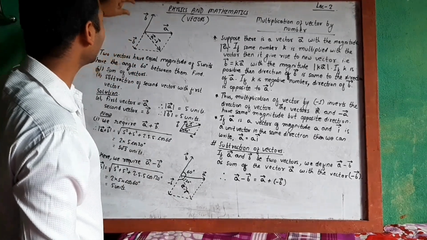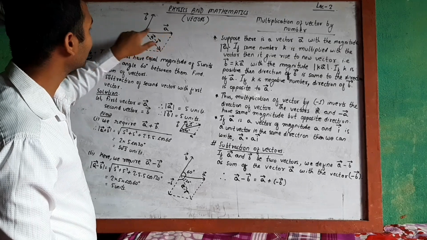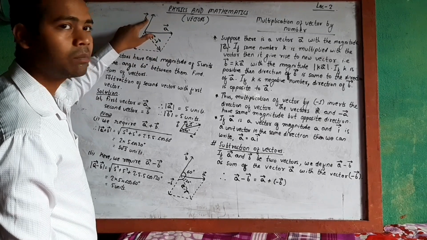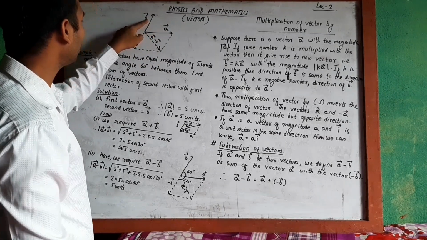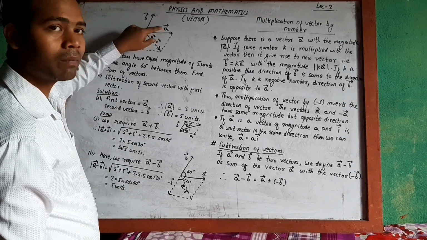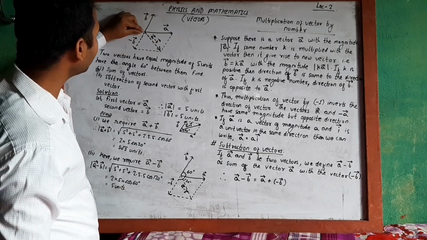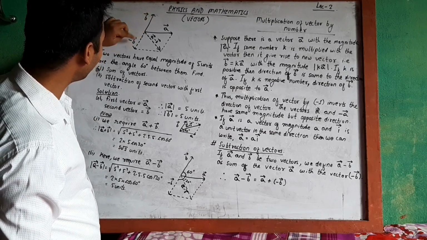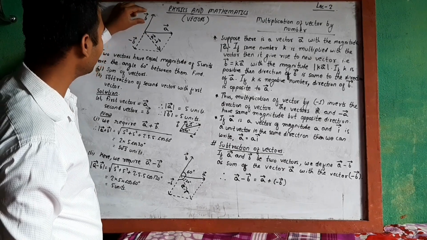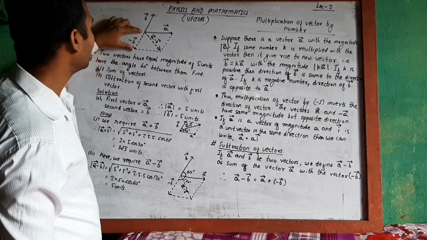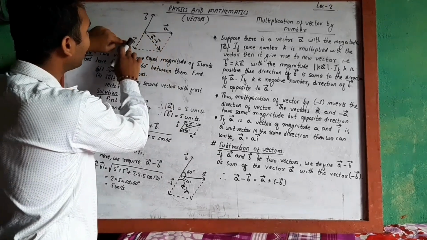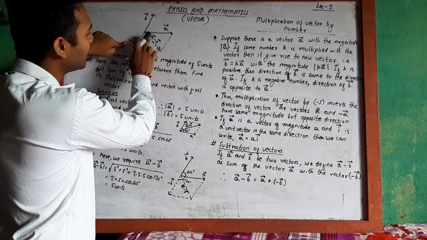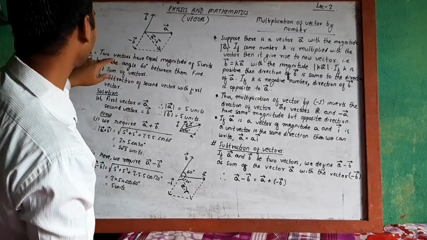Here we can see in the diagram also, this arrow represents the a vector, and this line with arrow represents the b vector. For the subtraction, a vector plus minus b vector, the minus b vector is given in the negative direction. The direction of minus b vector is opposite to the direction of b vector. The magnitude is the same, and a vector and minus b vector are added. The resultant of a vector and minus b vector is a vector minus b vector.